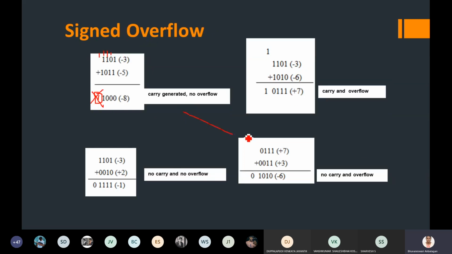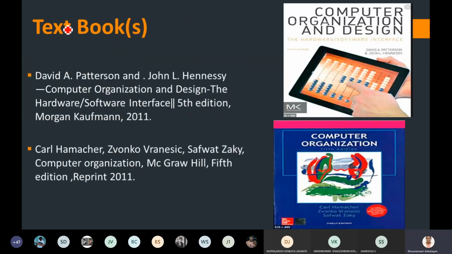But see, in certain conditions what will happen? Since it is minus 6, it is disturbing whether the sign bit is positive or negative. But this is not actually a sign bit. It is a bit which has overflowed, which is neither a carry nor a sign bit. In such cases, there is no carry, but an overflow has occurred, which will make the output incorrect. Due to the signed overflow, the entire resultant value will be disturbed.